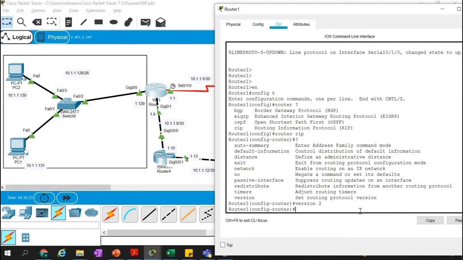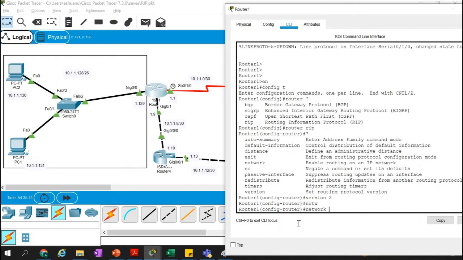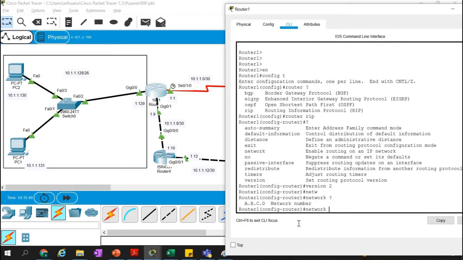Now what I have to do, I have to tell this RIP which of the networks are connected through RIP. So the first network is connected from the left one. So the first network we have connected, that is 10.1.1.128/26. So we have to use the command network. That is one network we have connected. You can put the question mark. So it is showing that network number, right?